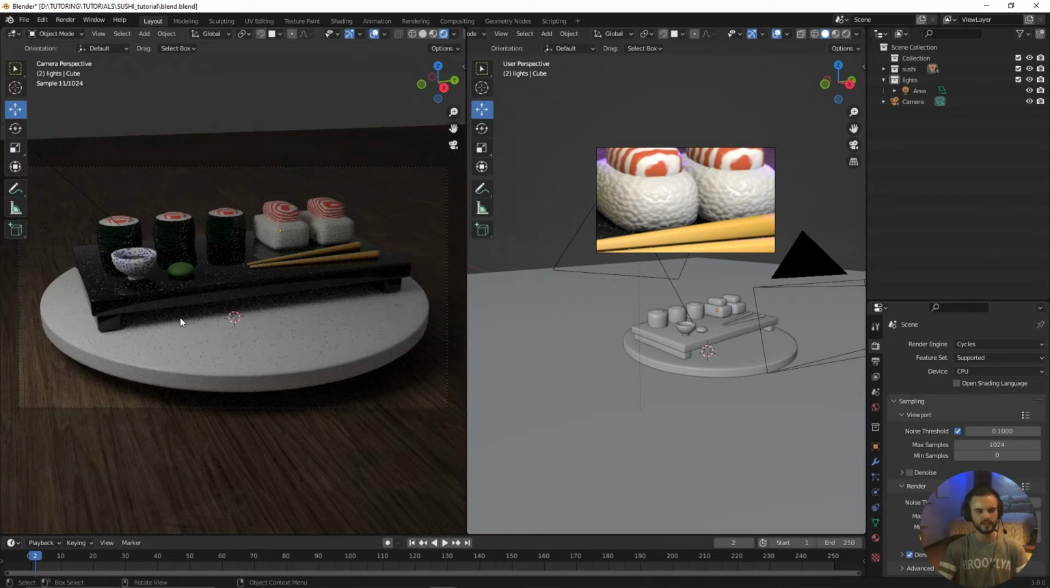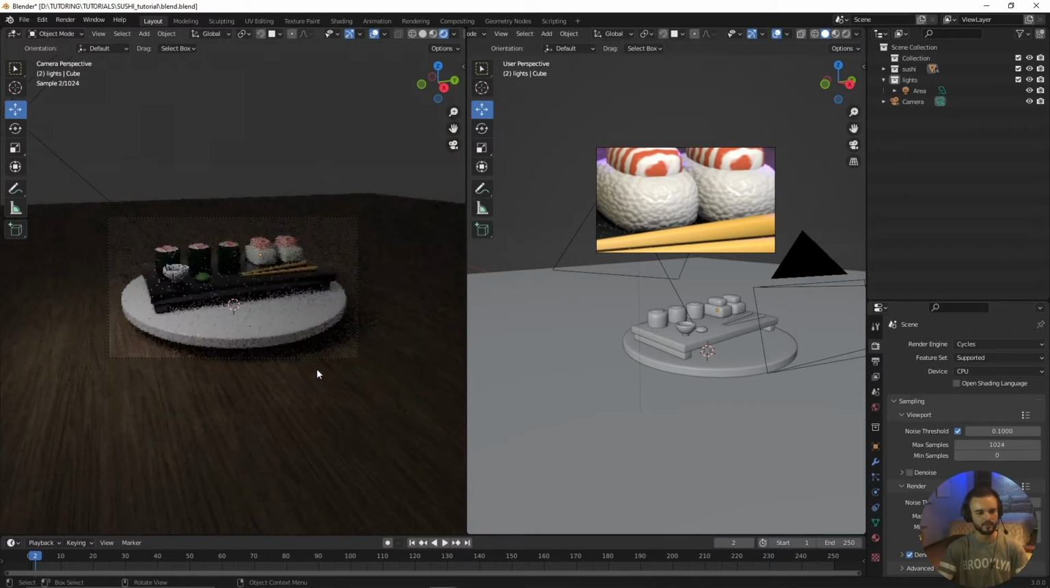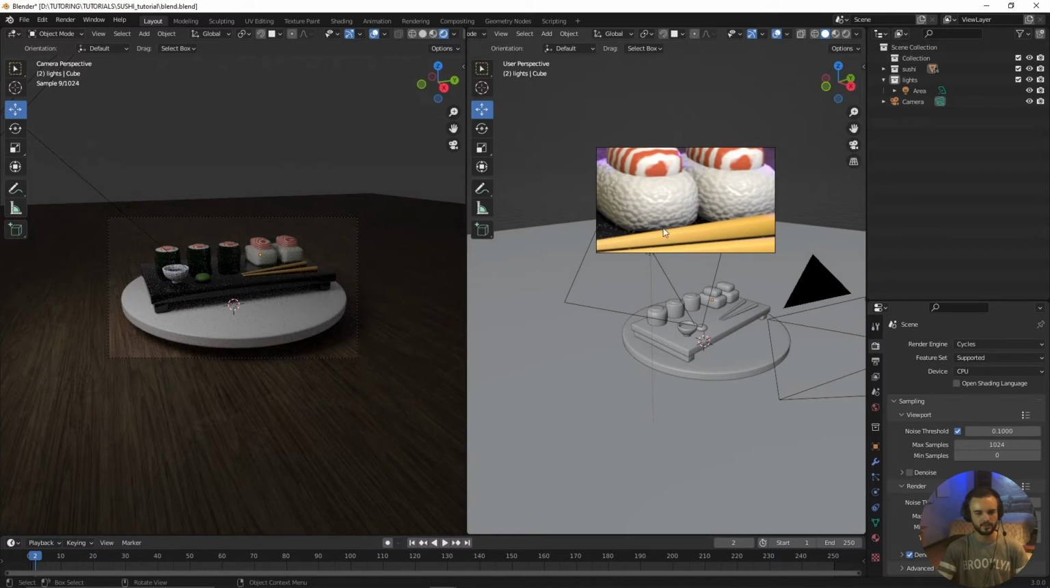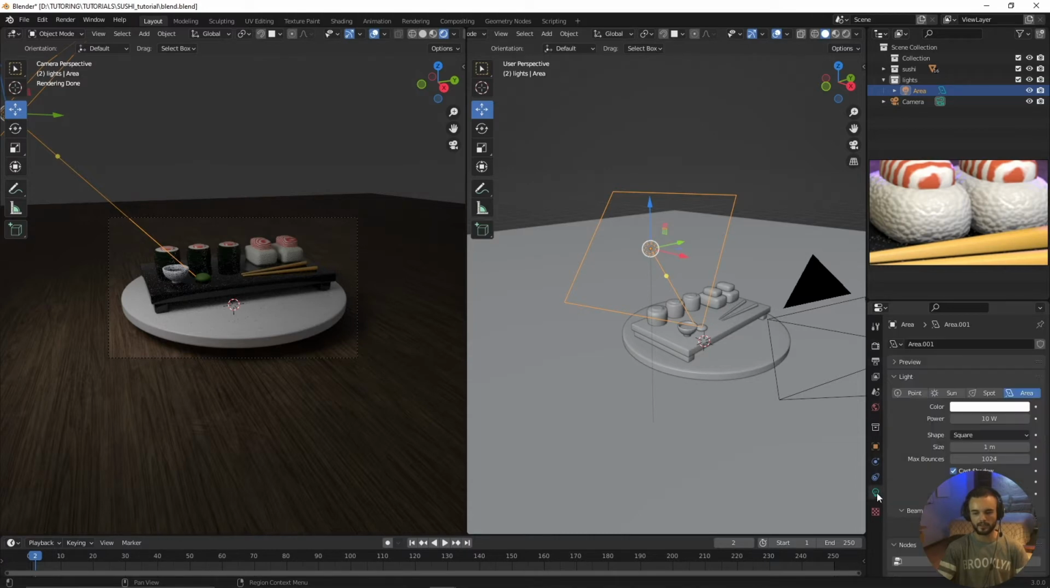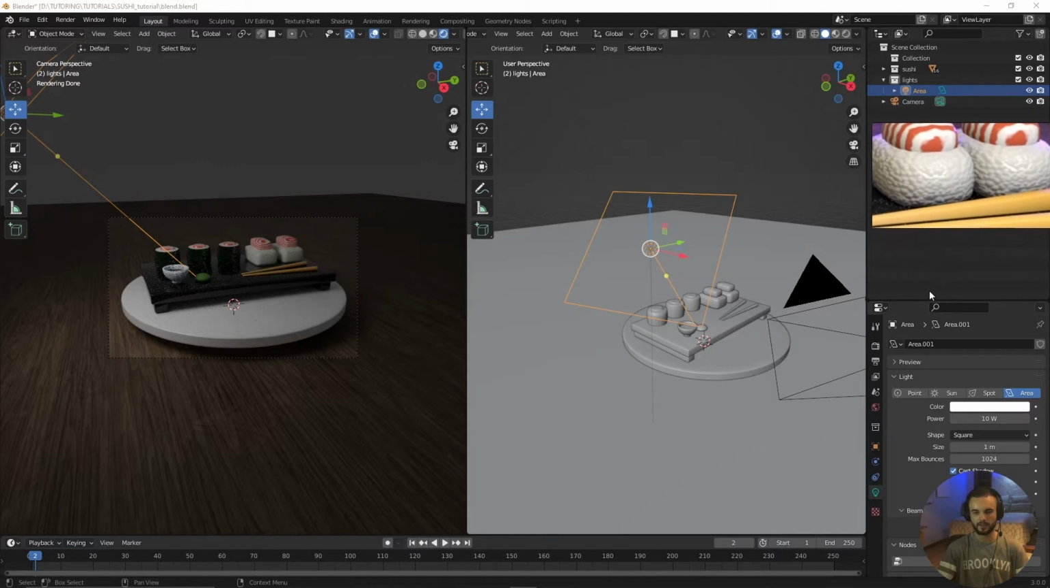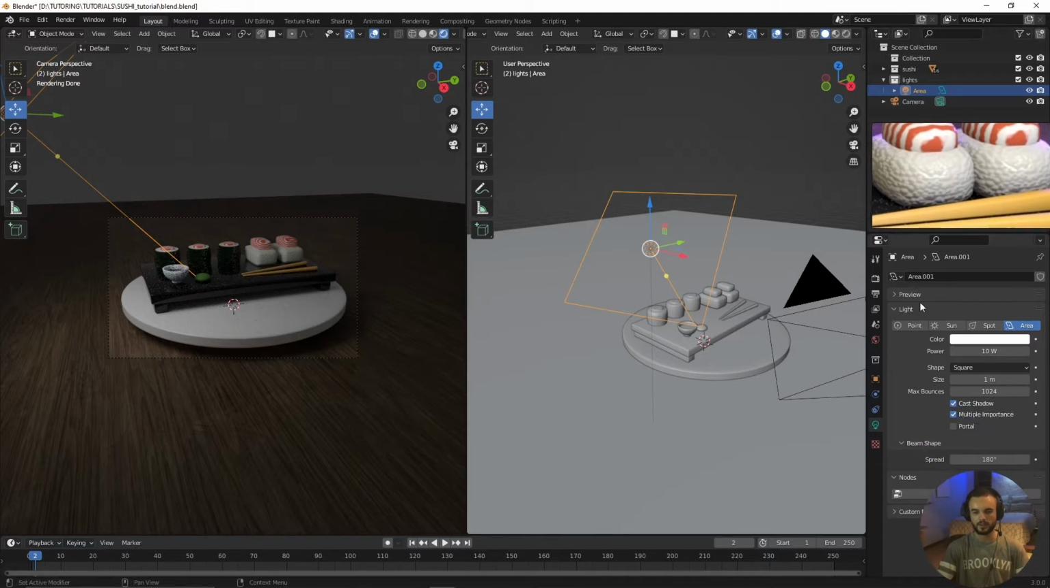Our sushi is getting there. We haven't lit it up properly yet, so let's add in a second light. But before we add the second light, let's just change the value of the power of our area light. So with our light selected, let's go to the properties panel and go to the green icon, which is the light. And you can see that if I drag this up a little bit, we've got